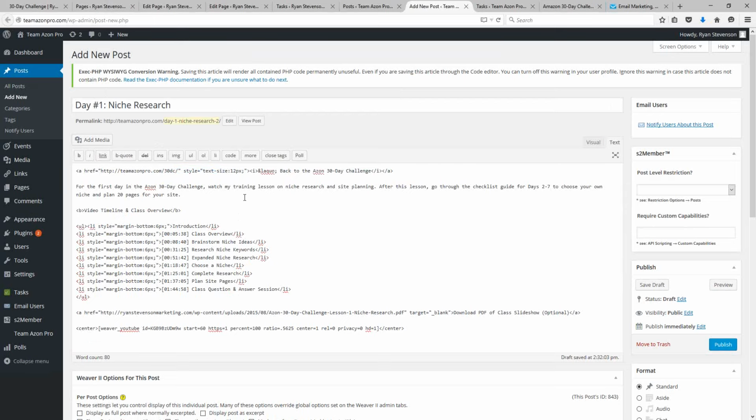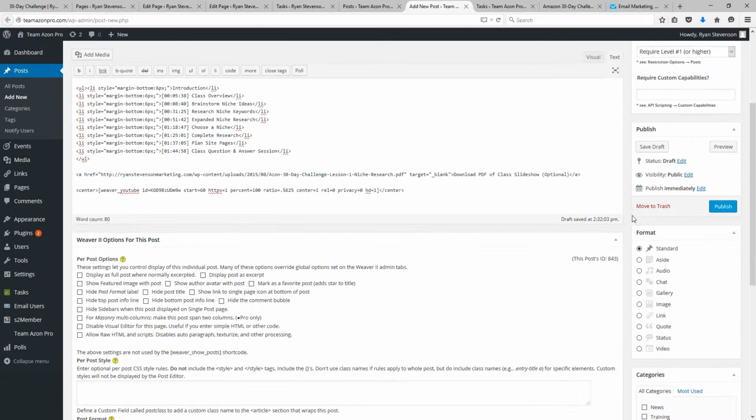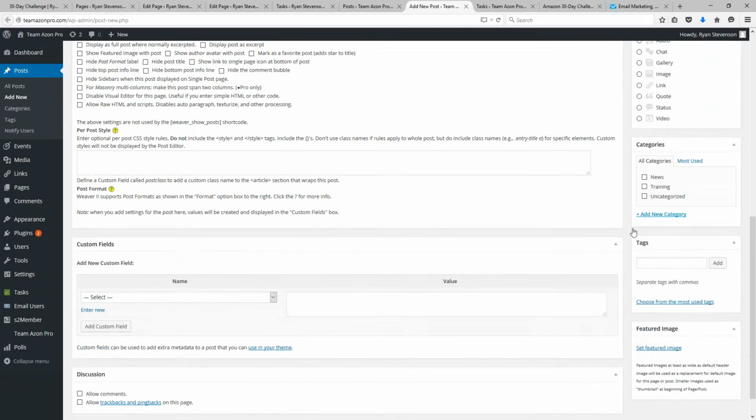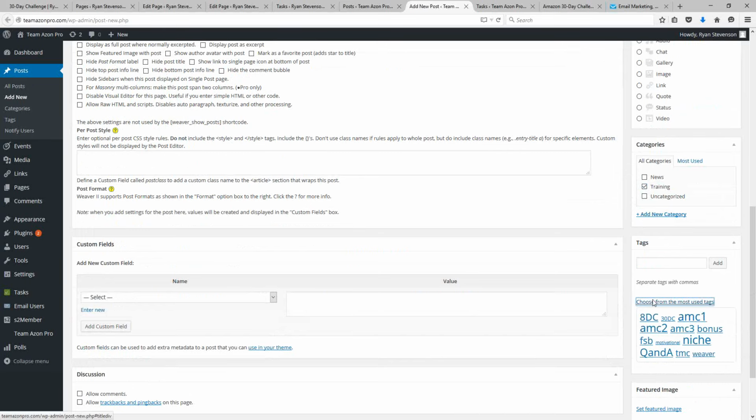So beyond that change there, the other things that we need to do here are, number one, go over to S2 member where it says post level restriction. We're going to change this to require level number 1 or higher. And then scroll down the page just a little bit, and where it says categories, we click on training, and